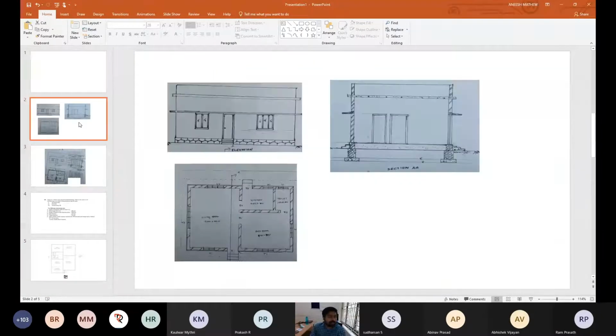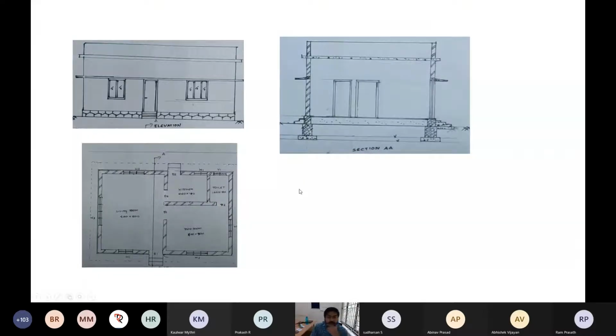So that is the thing you need to know: that plinth line, that wall, how to draw walls, the wall dimensions, door positions, and how you can show the windows. That is the major thing, and how you can do the proper dimensions actually. So that's about the sectional plan.